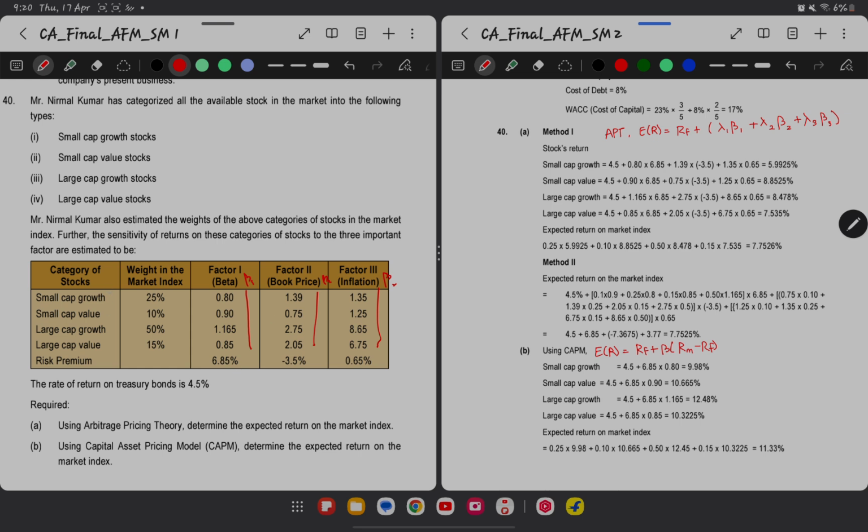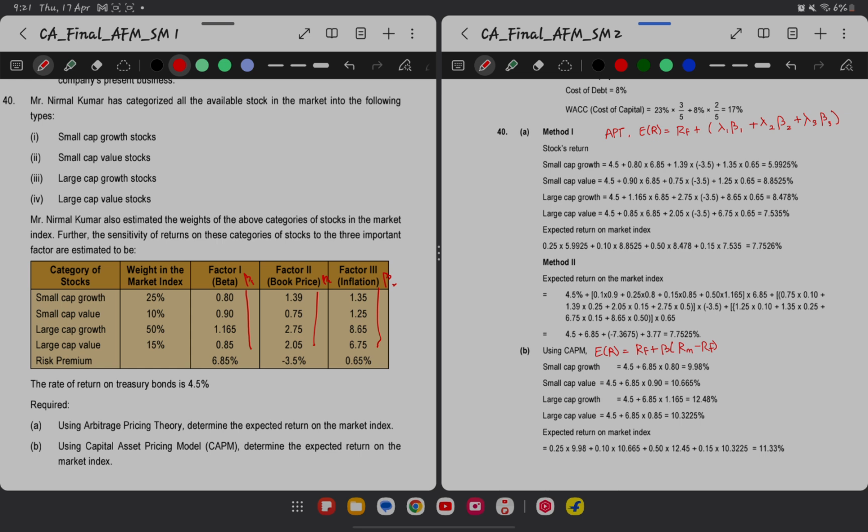So in individual returns, small cap and large cap growth, we have found out the returns. Basically the first requirement is also about that only. Using the arbitrage pricing theory model, determine the expected return on the market index. So this is what we have, that's the market index, which will be considered as the portfolio. So we need anyway the portfolio's